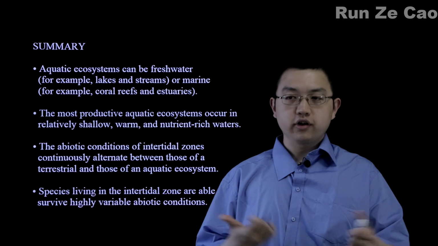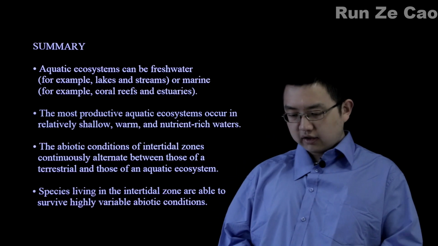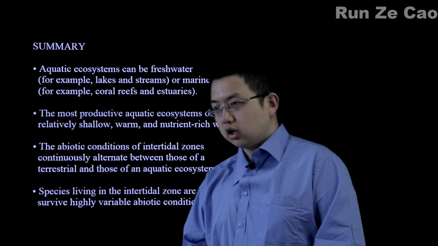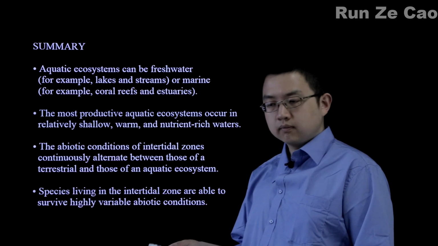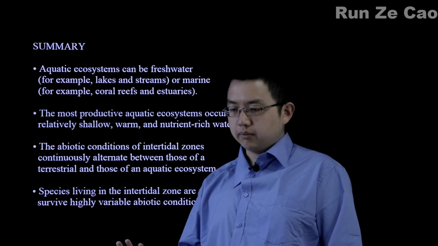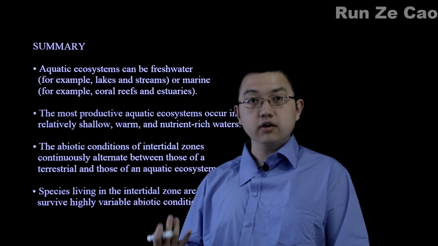And the deep ocean, where there is no light. And of course, continental shelves. Continental shelves tend to be the most productive parts of the ocean, because there's light and there's nutrients.